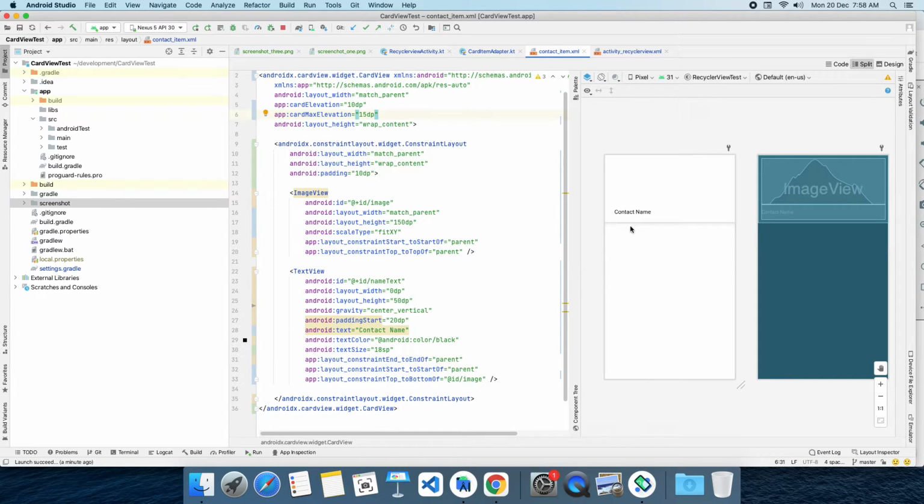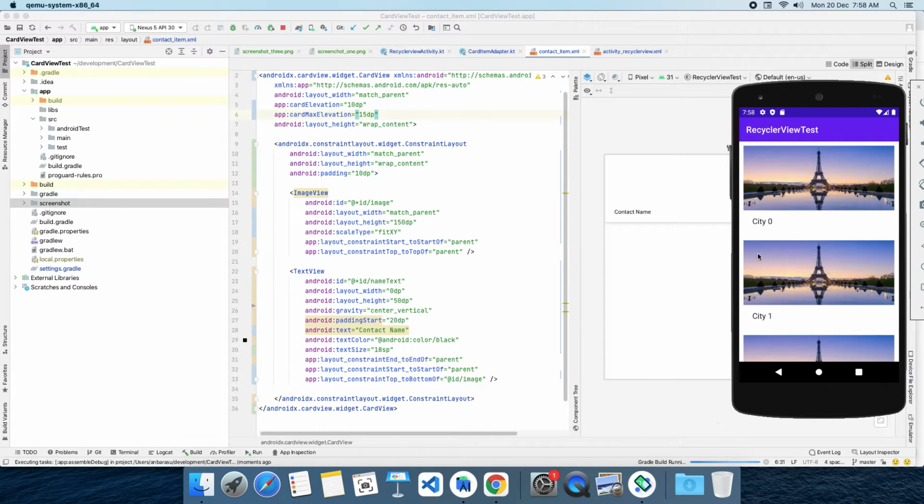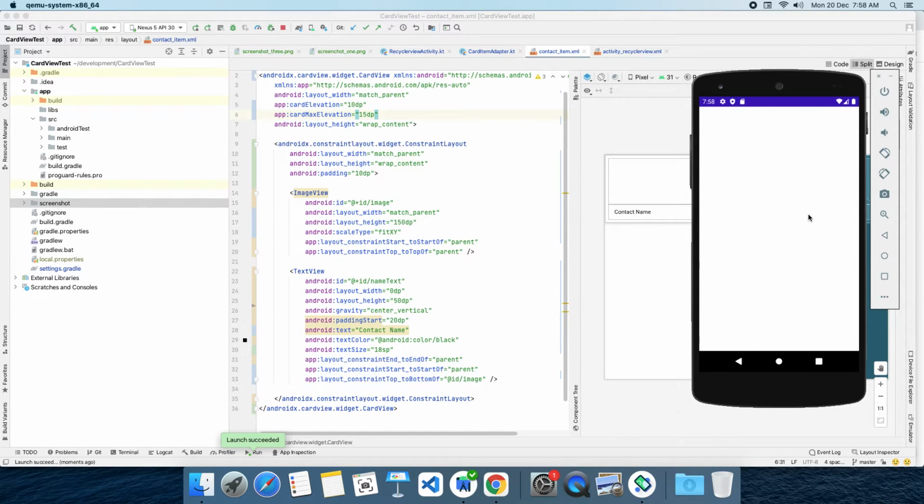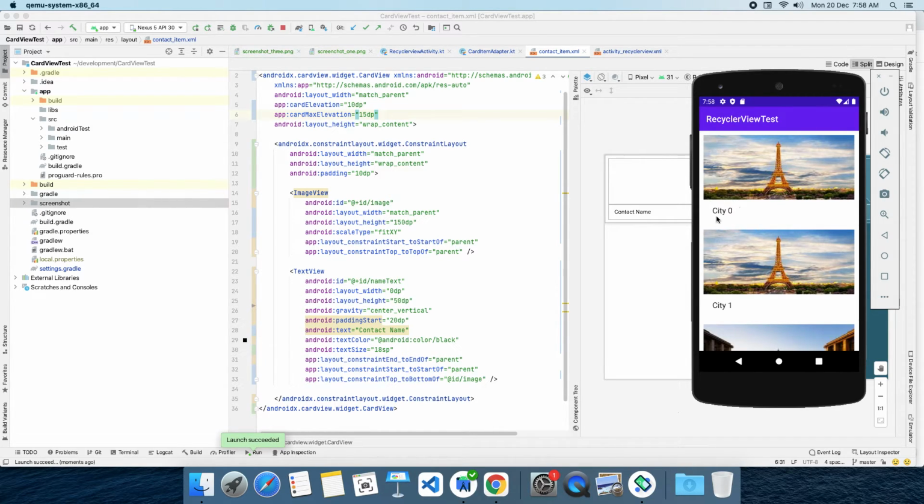Now see here in the layout file, in the Android Studio editor itself, we can see the shadow rendering somehow. I'm running the app and see how it looks in the emulator. Here we cannot see our shadow. This is because every item is rendered without any spacing.